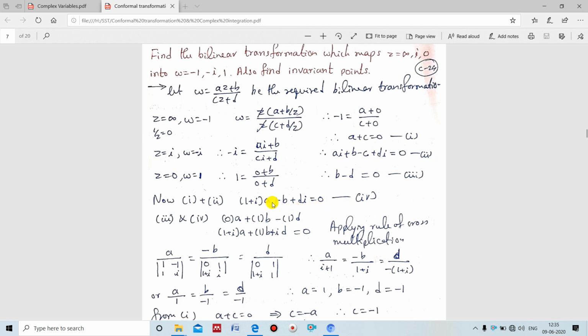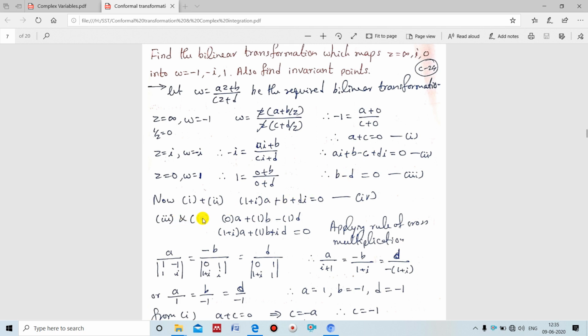Then compare with 1, 2, 3 to see which can be taken, or consider the remaining equations, and apply cross multiplication. If you take 4 and 1, here a and c are there, here a, b, d are there, so we cannot apply. If you take the second equation, here 4 unknowns are there, so we cannot apply. If you take the third equation, here b, d are there, here b, d are there, here a is there and a is absent. We can apply because we take the missing unknown as 0.